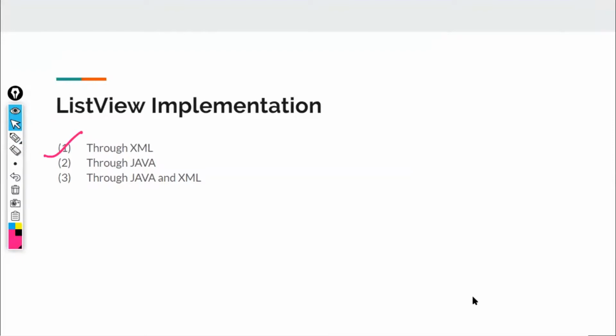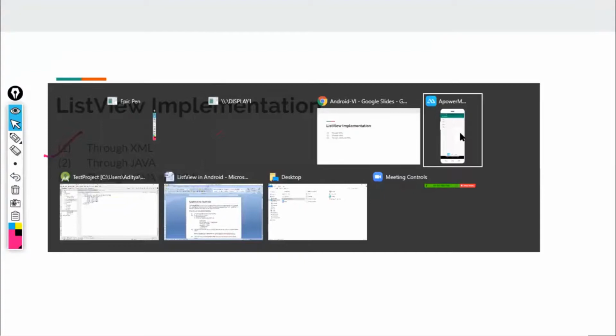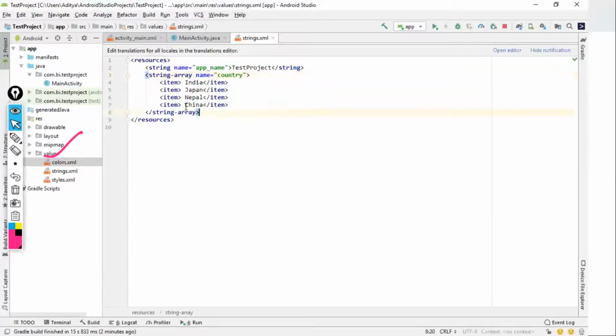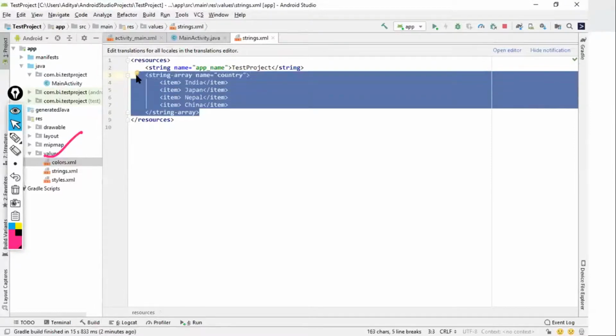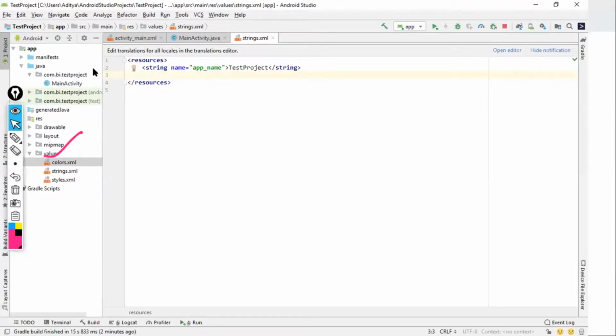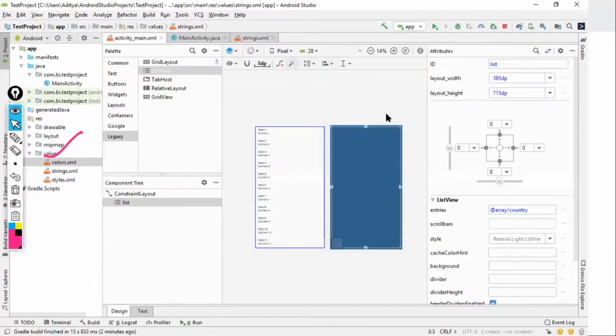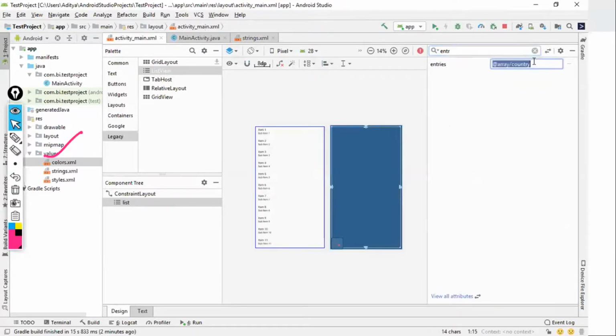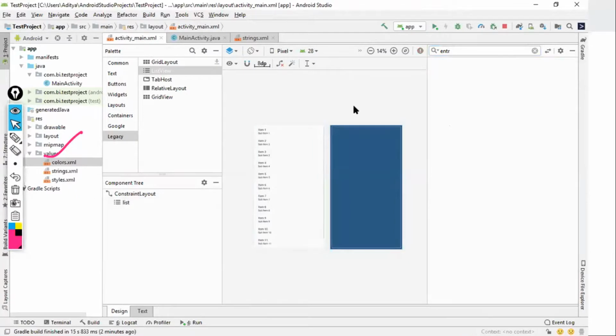Now let's move to the Java part. To work with the Java part, I'll open my Android project back again. This time I'll delete all these, and also delete the entries attribute. If I repeat the steps, I'll even remove the list view also.